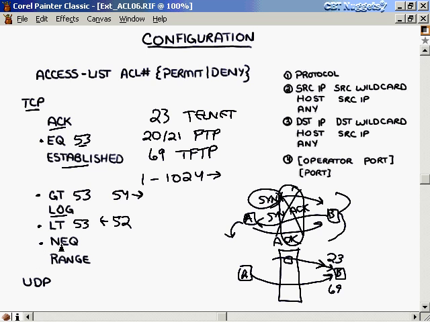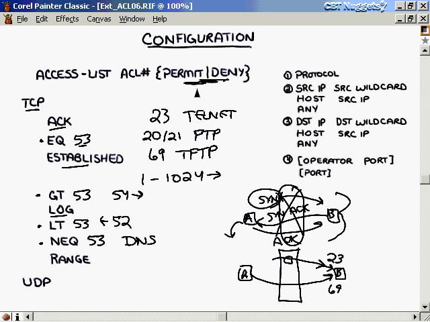The next one, not equal to. This is actually pretty cool. It saves you a lot of work. If you wanted to filter on everything except for a specific port, you could, again, assign the number 53, and the only thing that will either be allowed or denied, depending on the action we take here, is that DNS on port 53. All right, and then last we have here a range. So we could say from 1 to 1024 and just have the established ports allowed to pass or denied,